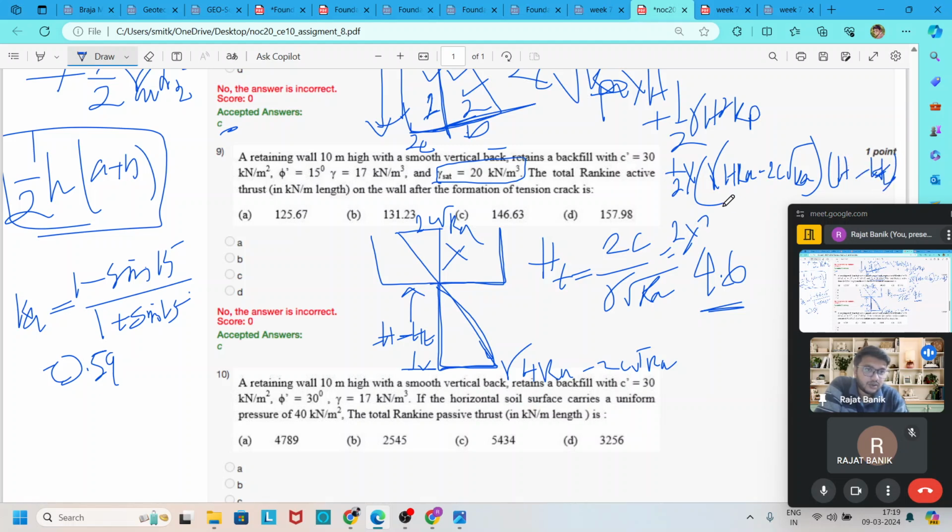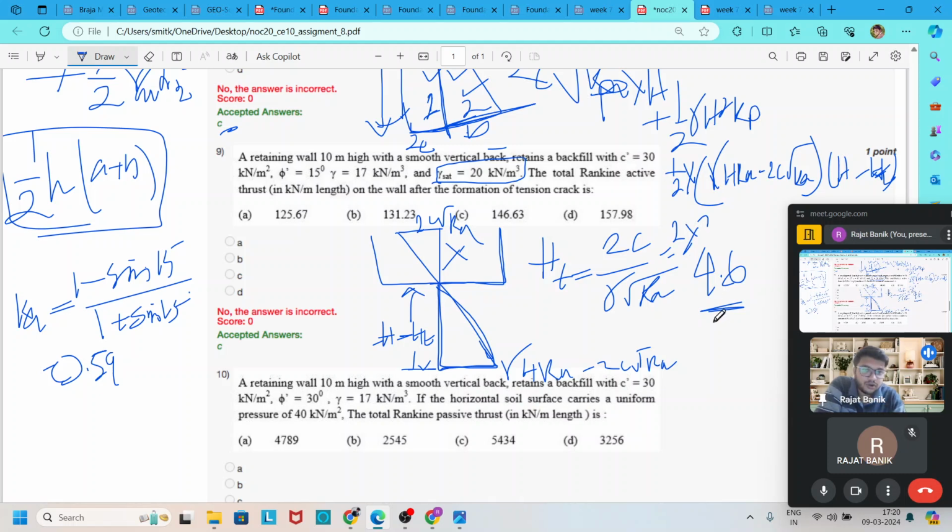I am writing here 0.5 into gamma 17 into h 10 into Ka 0.59 minus 2 into 30, 30 is c, into root over Ka 0.59 again, and into 10 minus ht, which is 4.6,